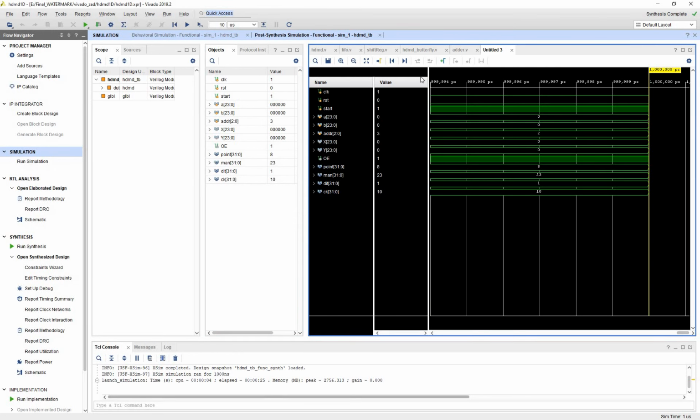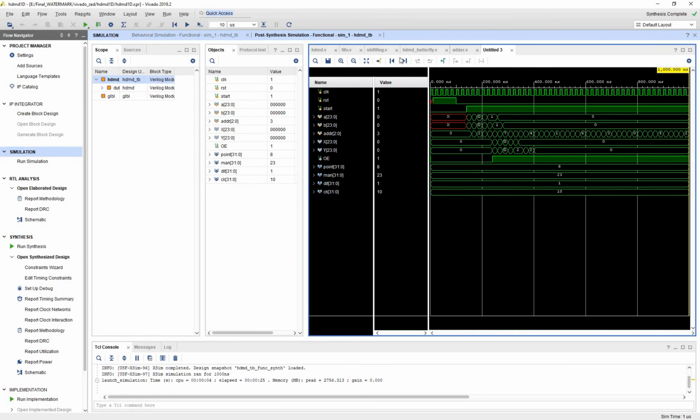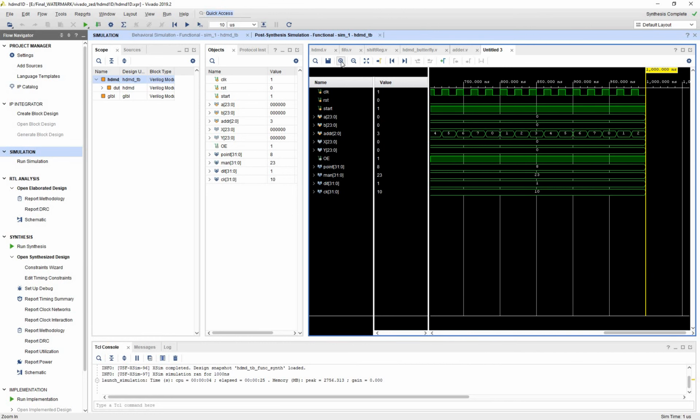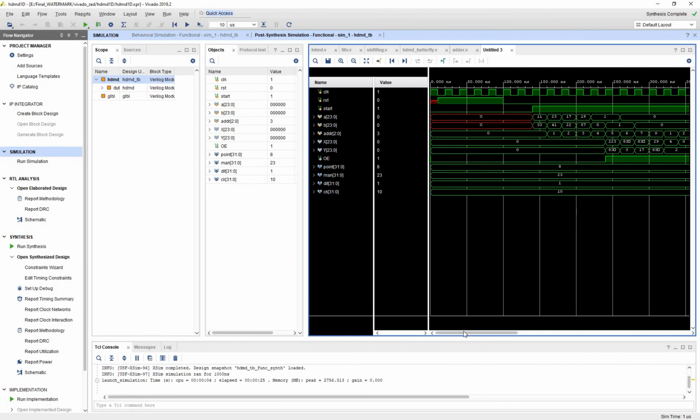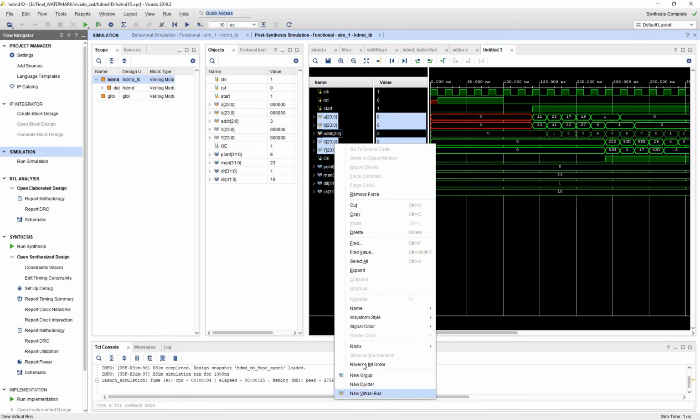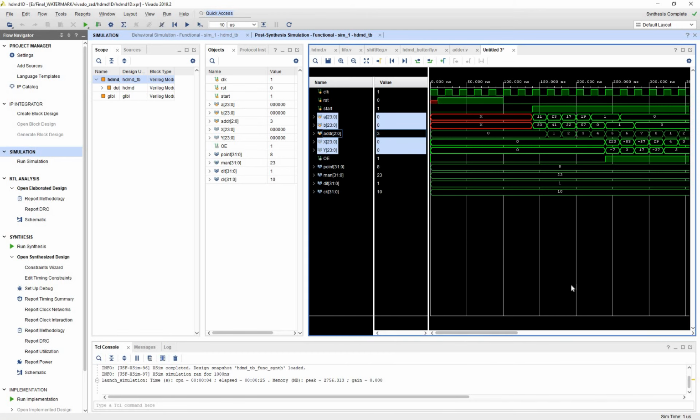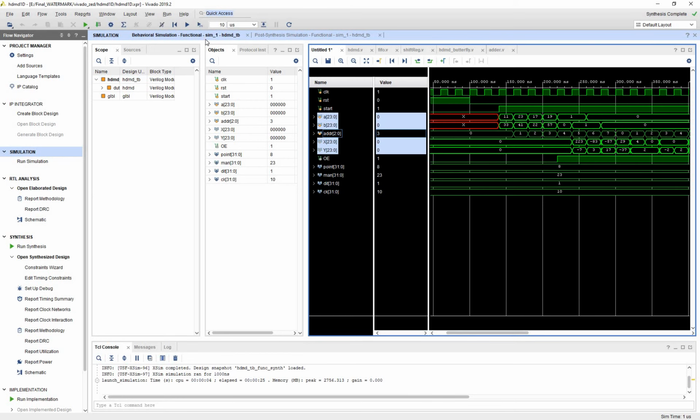The post synthesis simulation has completed. We have to change the input and output parameters to the signed representation. So this is the post synthesis simulation, and this is the behavioral simulation, which has the same result.